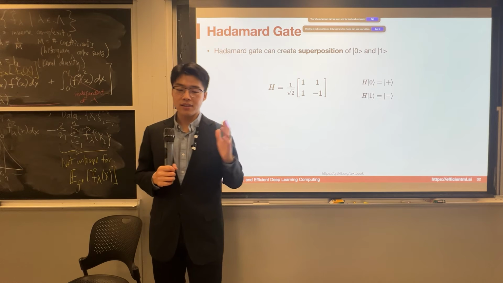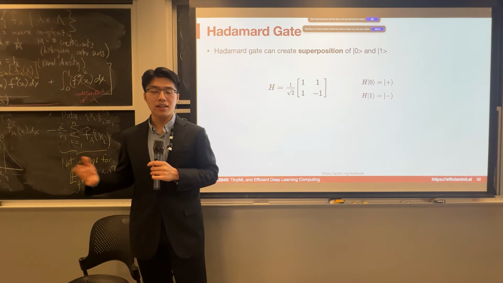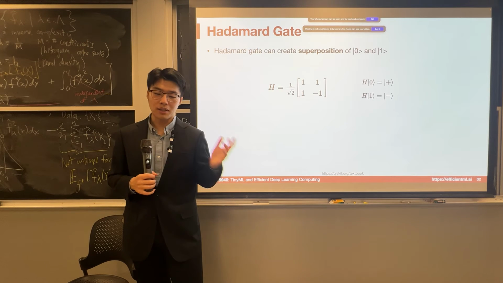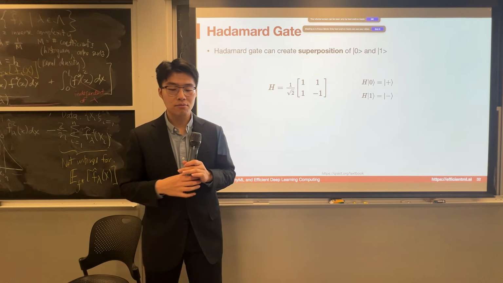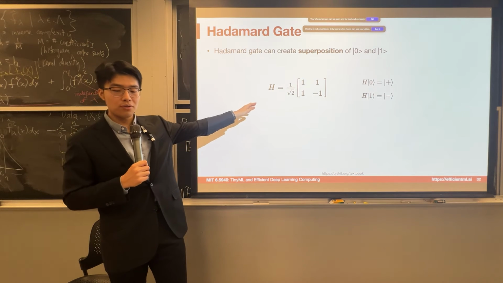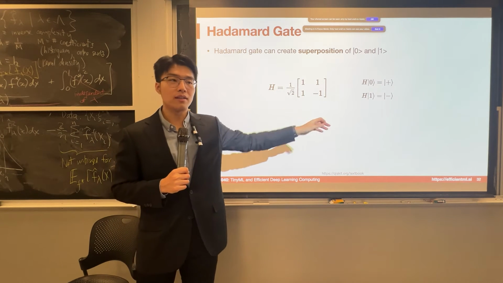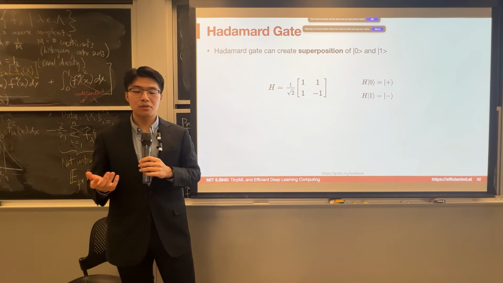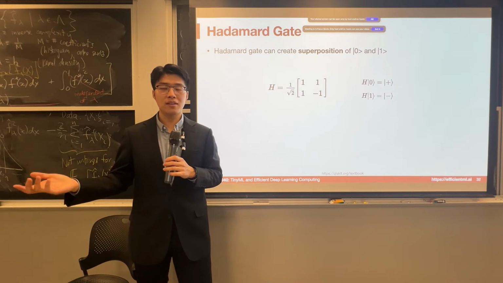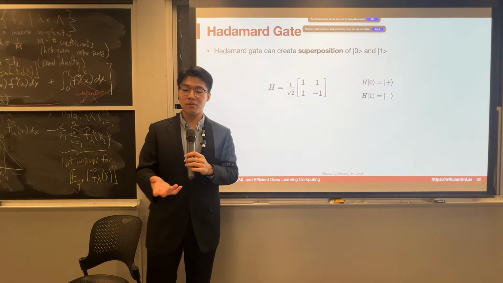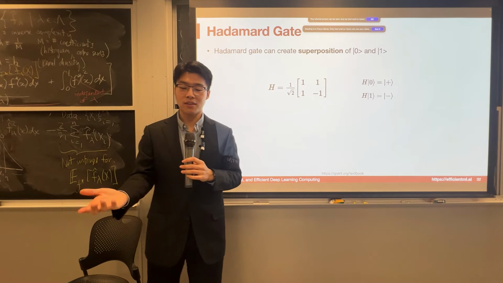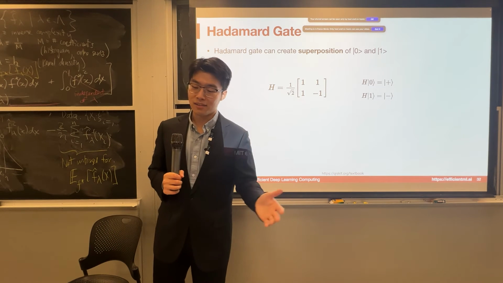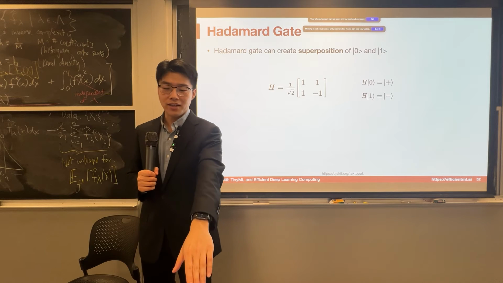Besides these X, Z, and Y gates, we also have another very important gate, which is called the Hadamard gate. The Hadamard gate is represented as 1 over square root of 2 of 1, 1, and 1, minus 1, right? The importance of that is we can use the Hadamard gate to create some superposition, right? The superposition is pretty cool. It's like, say you have this coin. How can you rotate it on a table, right? That's a small trick, and you can use a Hadamard gate to do that.